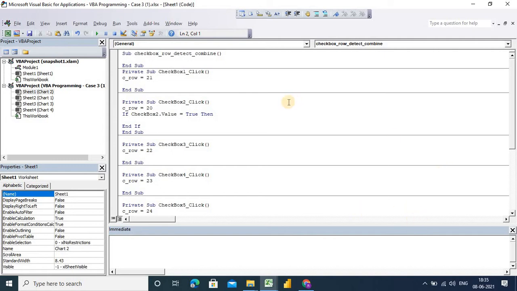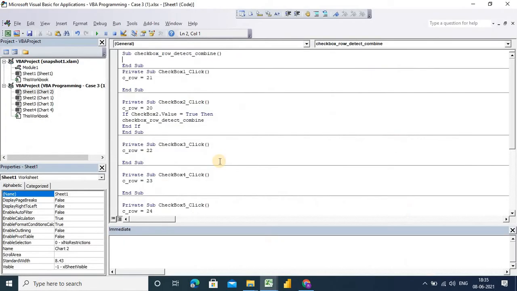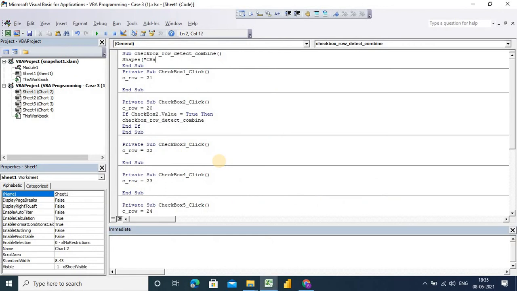Now I will simply call it here. Whenever my condition is true, I will call it here, one by one. When I select this, first of all I will select my shapes. What is this one? Chart1, right?